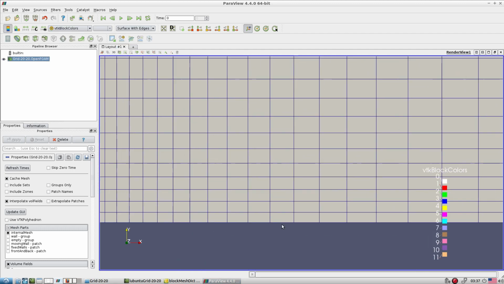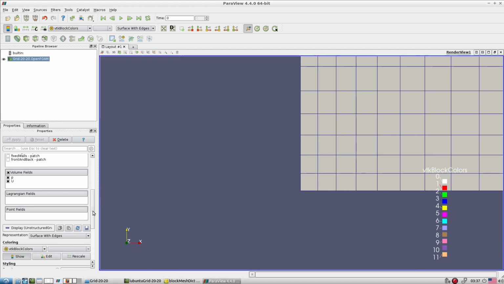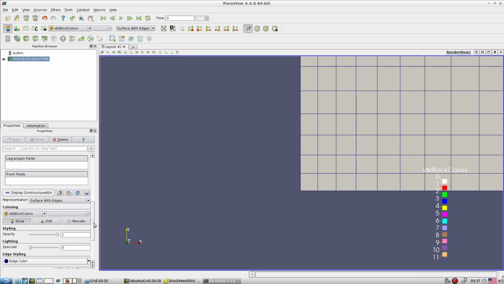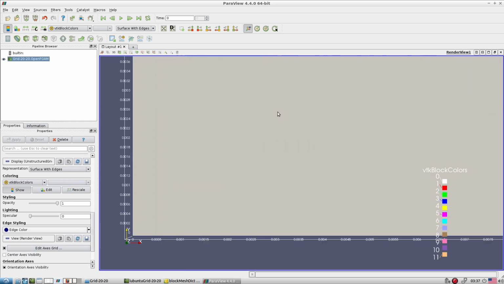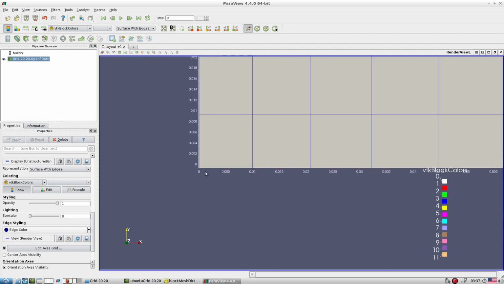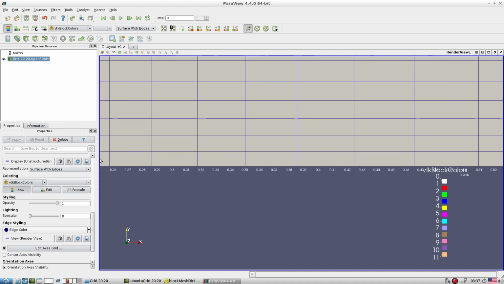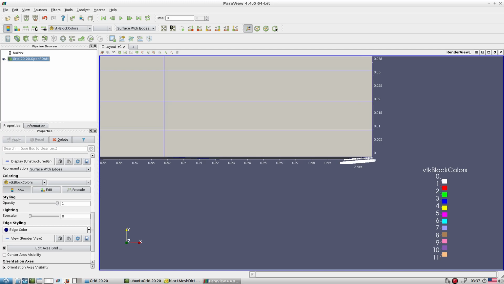Now we have a very fine mesh, but how are we sure that this is the required element size? For that, let's switch on axis. When you switch on axis, we come to know that the first cell height is 0.01 in x and y direction. In the similar line, the maximum size is going to be exactly what is